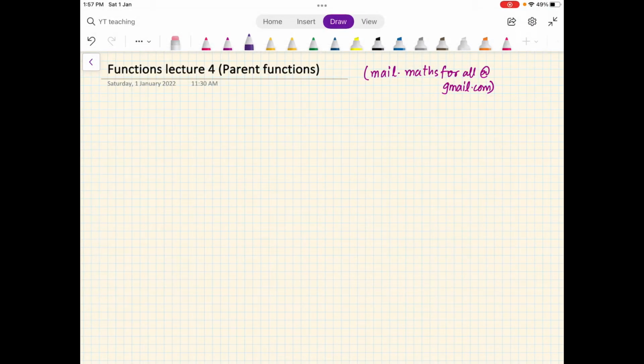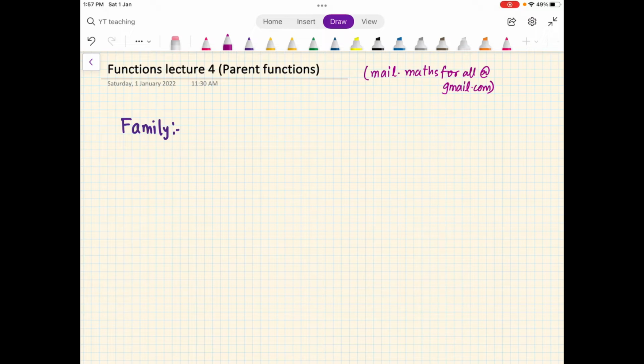Here we are talking about functions and we are going to talk about some useful functions. We are actually going to talk about family of functions, right? So let me tell you what exactly I'm saying here. For example, suppose, just tell me what is a family. So we generally understand that a family is like a collection where something common is there, right?